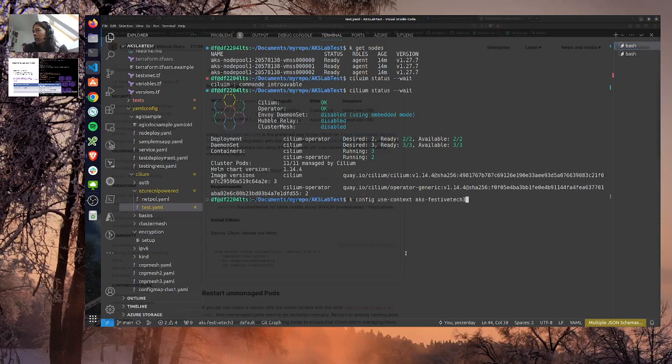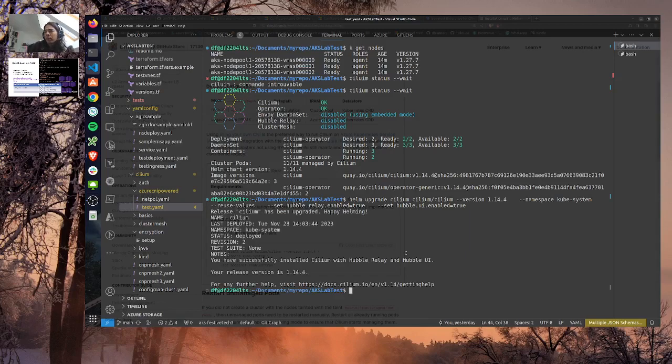No, not install. I want to do the upgrade one. Okay, that seems to be good. I want to upgrade so that I can get Hubble this time. And once I get it, I should have a change in my Cilium status.